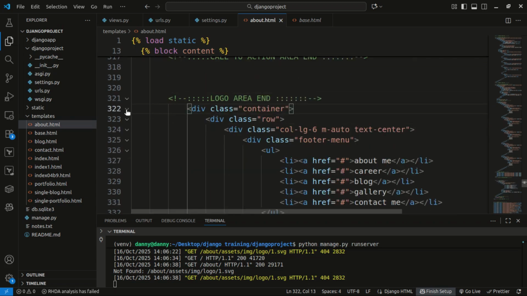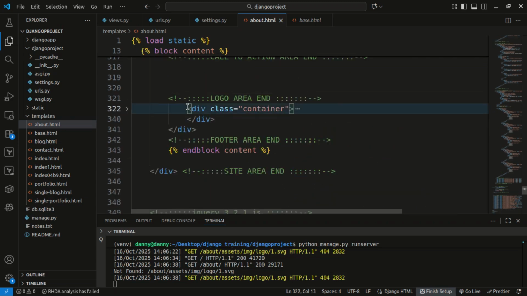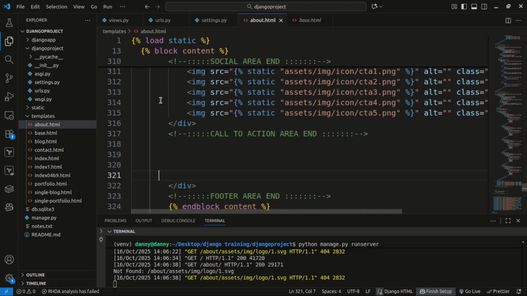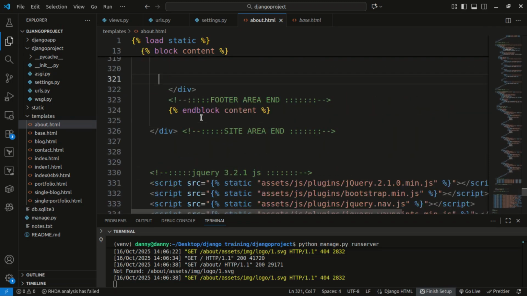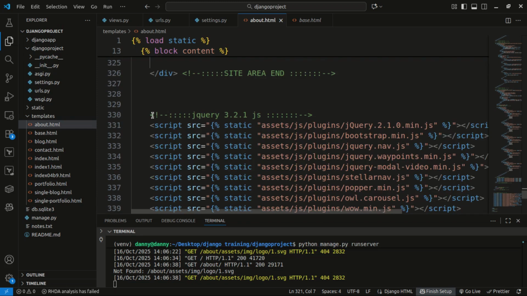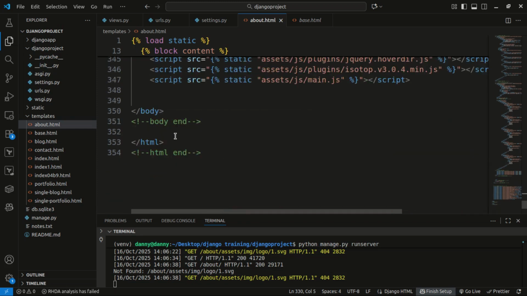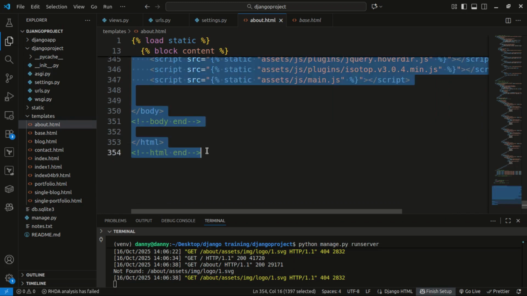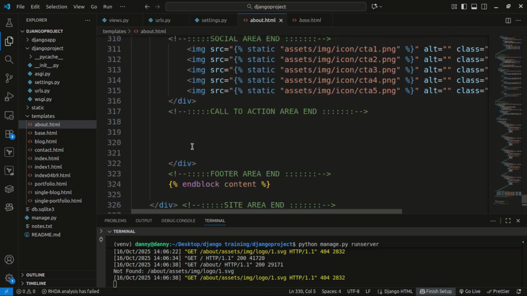Okay, so once I collapse that, I'm able to see where that div starts and where it ends. So I can comfortably remove that. Then let me see. We also don't need these JavaScript files, the end body tag and the end HTML tag. So we don't need that as well. All right, so if we go back,